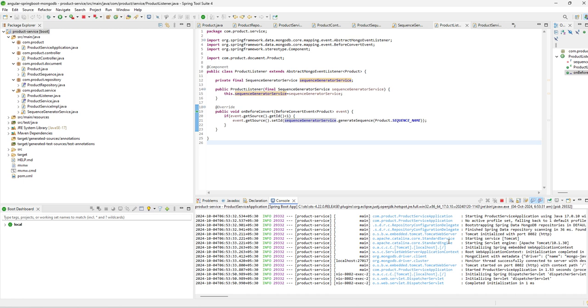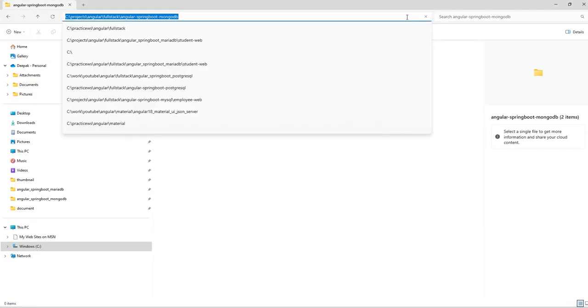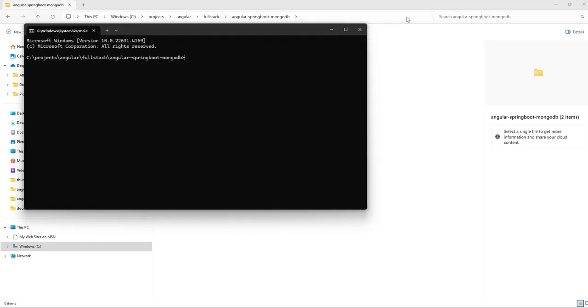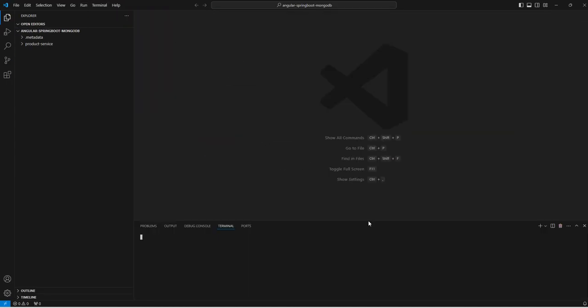Now let us focus on our UI part. We are done with our backend Spring Boot creation and implementation of CRUD functionalities, and we have tested it using Postman. Now let us focus on the front-end application, creating the front-end application part. Now here, this is our workspace. Now we can open one VS Code instance. We can open one new terminal,